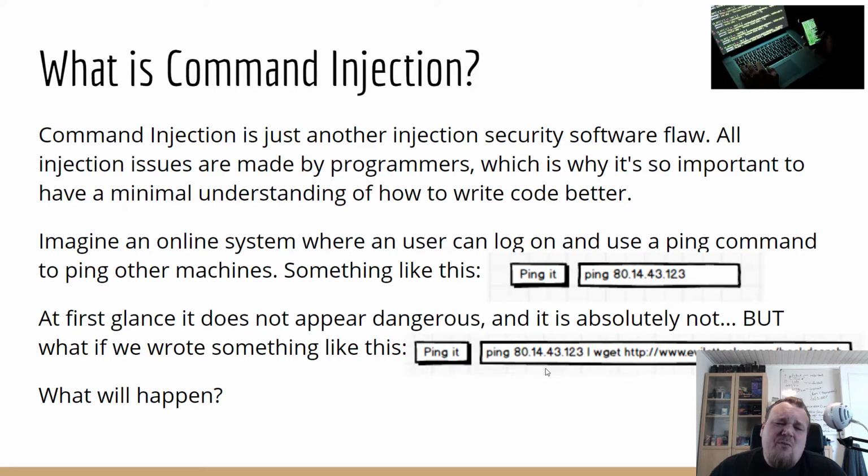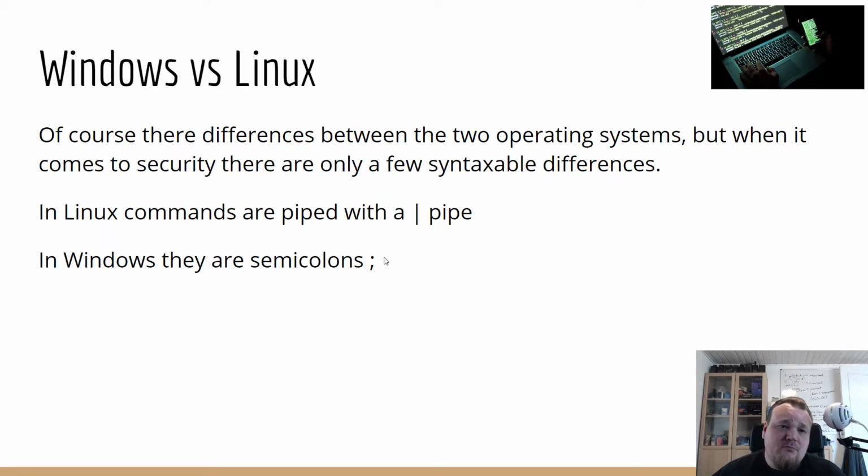If you must give access to commands through a web application, make sure that you use some correct method to escape your shell arguments. And in PHP, I know it's called escapeshellarg, if I'm not mistaken. And I'm not 100% sure what it's called in Java, but there are many different kinds of solutions to this. Escape your data, sanitize it, many different things can be done. And yes, I said that: semicolon for Windows and pipe for Linux.